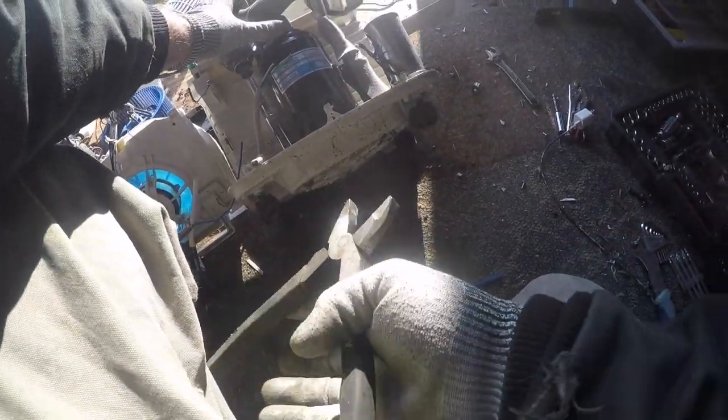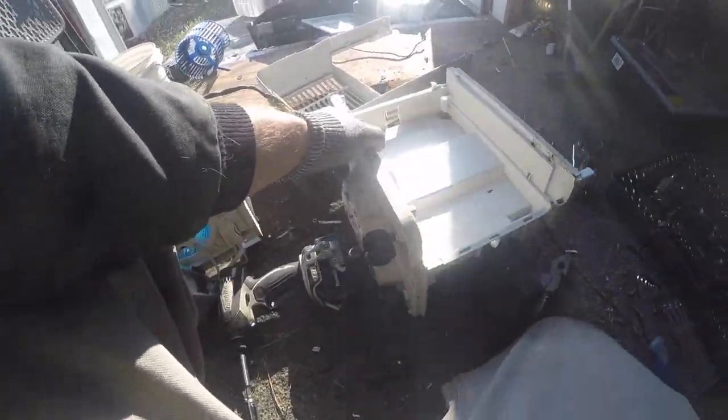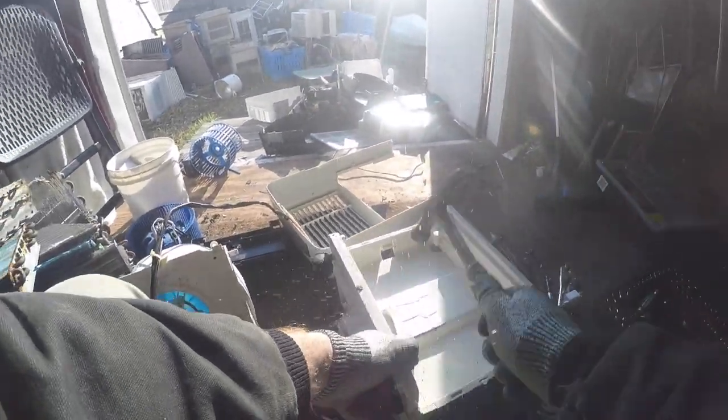Still got the fan on there to take off. Yeah, usually these come right out. I don't have to even use this on the bottom. This is definitely a crappy scrapping video. It's not one I normally make, but